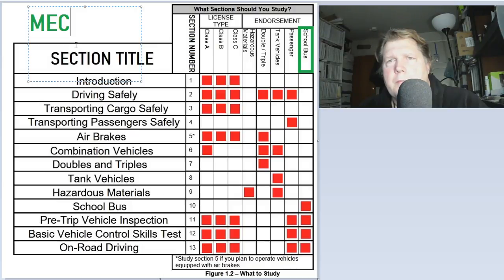So, I would recommend going to your, unless you can't afford it, but you get your MEC. So I recommend getting your job first, in the school bus route. Go get the job, even if you don't have the CDL. Then they'll ask you to study these sections here, and they may actually have